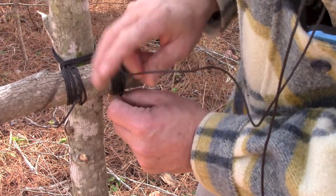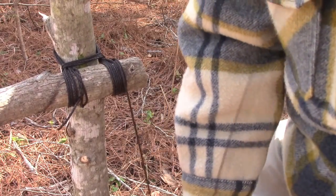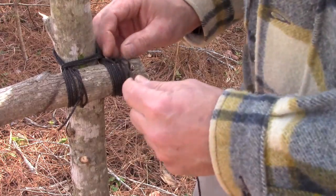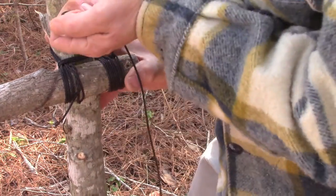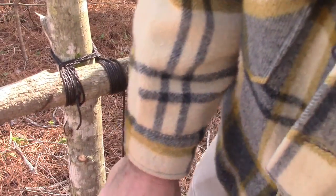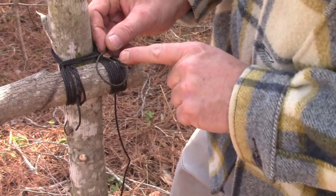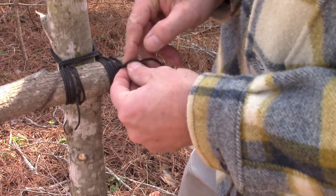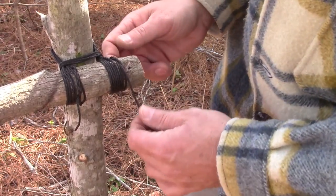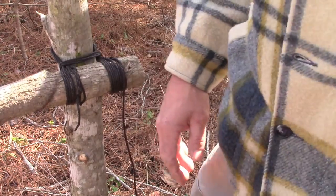I'm going to dress that up a little bit. Bring it down. Need 1 more half hitch and I'll have my clove hitch to secure this. There we go. Okay. Now we can come back right here and tie a knot here, just a jam knot, to ensure that it doesn't come out. No need to do that, but if you'd like more security on that clove hitch, you can. I'm going to leave it standing right here because I'm going to add other pieces here